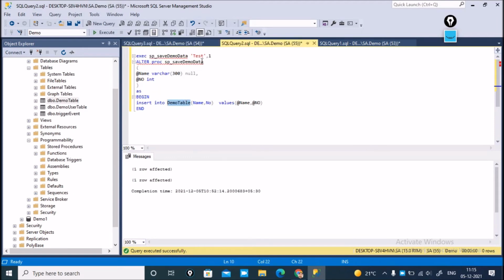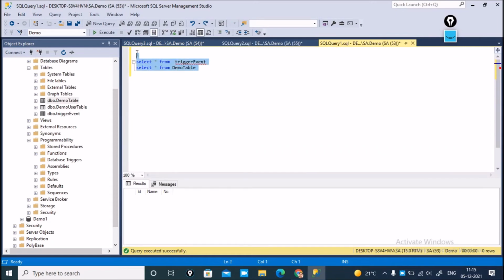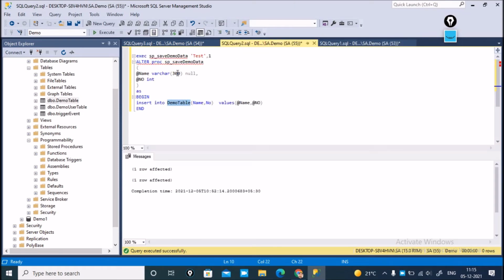And now I want to try. For that, firstly I want to see both tables, I just try to execute. Both tables contain null values. Now this is my SP and the code written here is for inserting data inside the demo table. I hit this SP once, 3 rows affected.